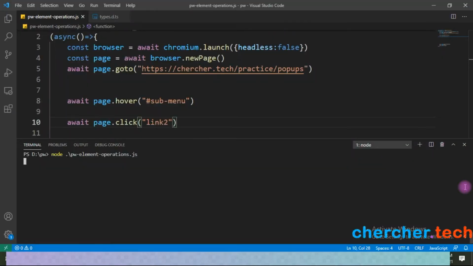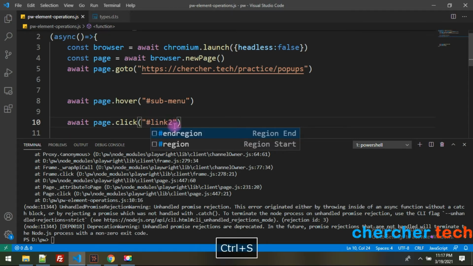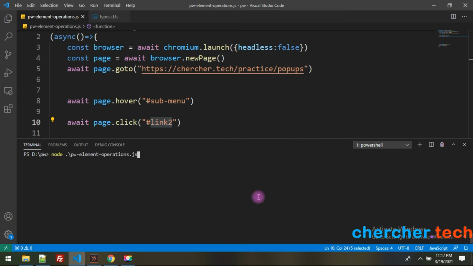Let's see what error it's going to give. Sorry, here I have made a mistake. For every ID we have to give the hash sign. If we don't give the hash sign, normally it takes it as a tag name. It was checking for the tag name link2, but it was not there because it is an ID. Let me clear the screen and rerun it.